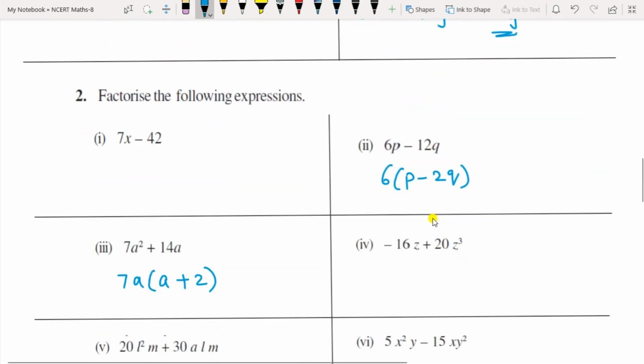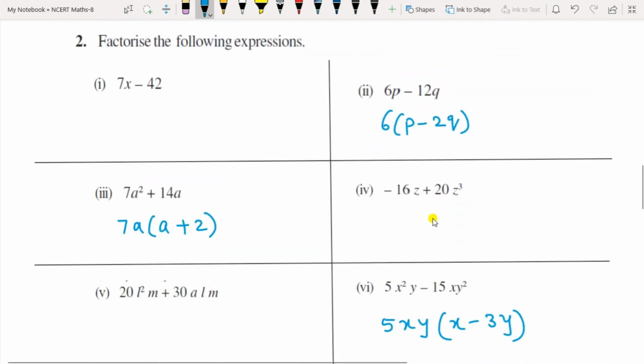Now in this question 2, it is a binomial. Now you have to find the common factors between the binomial. Now I am going to do it directly. This is 7x minus 42. From 7 and 42 you can see it comes in the table of 7. So 7 is the common factor here. So if you take out 7 from here, x is remaining alone, then put the minus sign, and 7 6s are 42. Now if you open the bracket, you get this question again. So this is the answer.